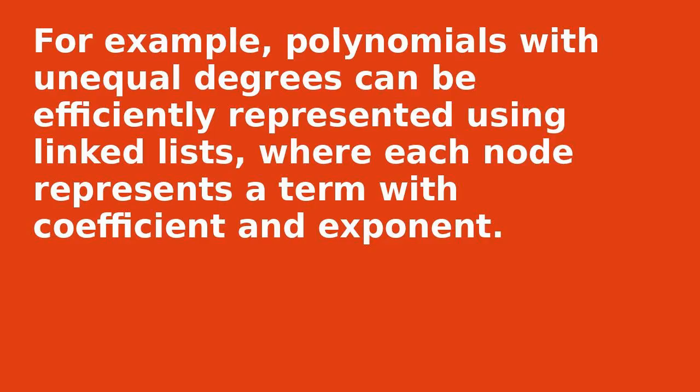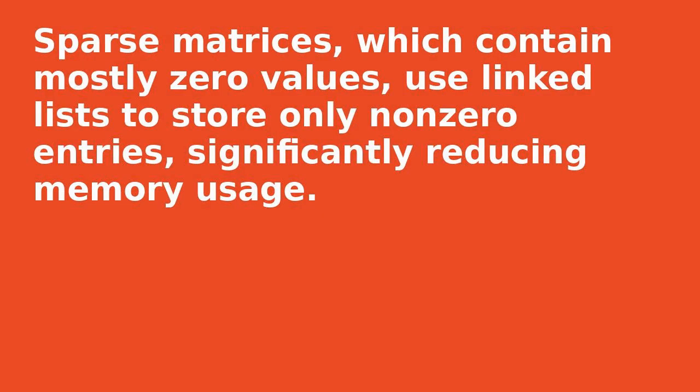For example, polynomials with unequal degrees can be efficiently represented using linked lists, where each node represents a term with coefficient and exponent. Sparse matrices, which contain mostly zero values, use linked lists to store only non-zero entries, significantly